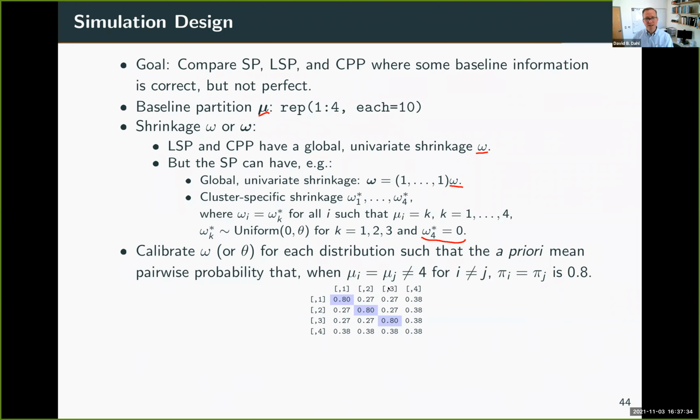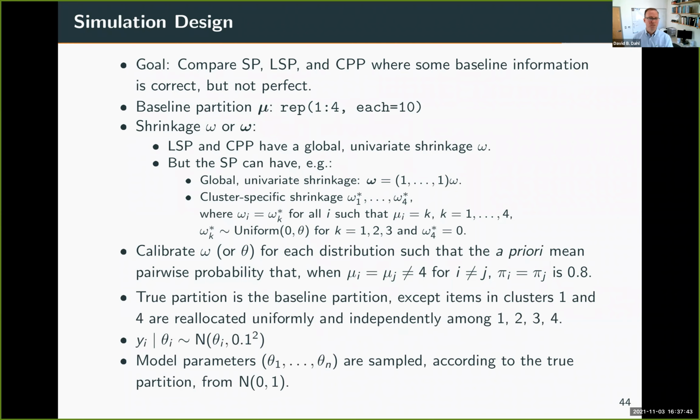The nice thing about this formulation is that we have this calibration done once, and now we can repeatedly generate data where the truth is what's changing. The true partition is going to be just a copy of the baseline partition, except items in clusters 1 and 4 are going to be reallocated uniformly and independently among 1, 2, 3, and 4. As such, the clustering information in 1 and 4 from the baseline is really wrong, except we're going to be okay in the case of cluster-specific shrinkages where we set the shrinkage for cluster 4 to 0,